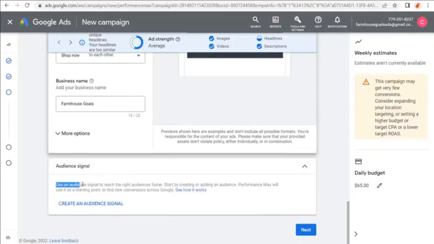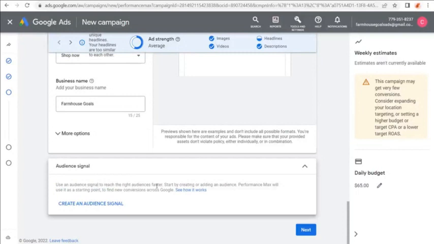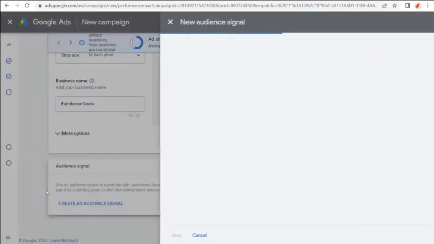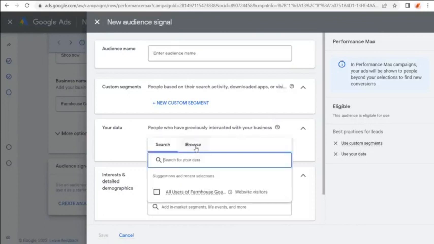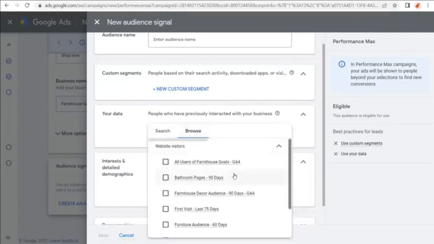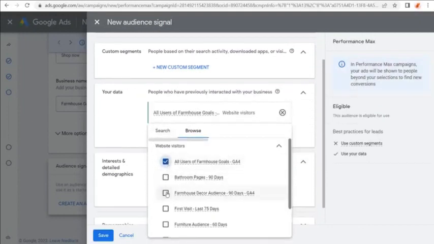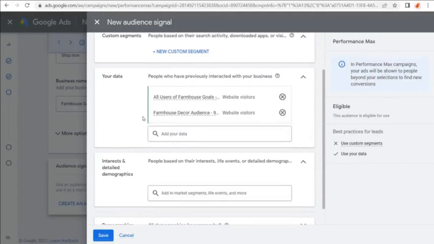So what you want to do with an audience signal, it's going to help you reach the right audiences faster. Performance Max will use it as a starting point to find new conversions across Google. So if we create an audience signal, the way to look at this is to say, if I'm using my data, for example, and we come to browse and I do all users of farmhouse goals, I do my farmhouse decor audience, basically I could just use these 2 custom segments here and Google Ads is going to say, okay,